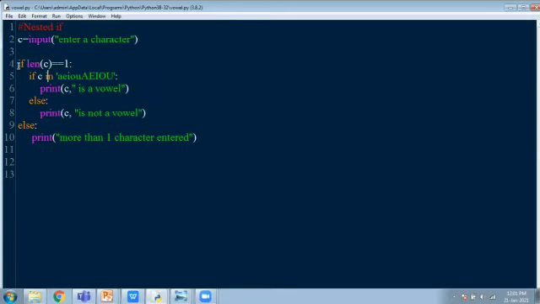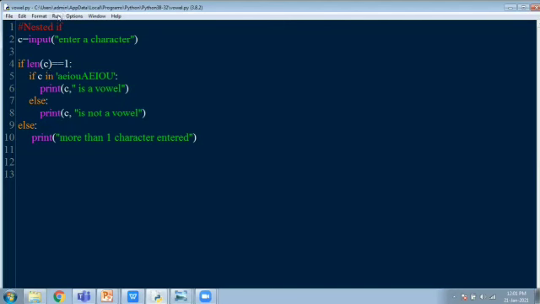It will find a matching else. So which is the matching else for this? You can see this matches with this else, right? So this else statement is part of the first if statement. So now here you say more than one character is entered, right? So this prints this message and just comes out of the program. It will definitely not check whether it is a vowel or not. When will it check whether it is a vowel or not? Only when only one character is input, then it checks whether it is a vowel or not.